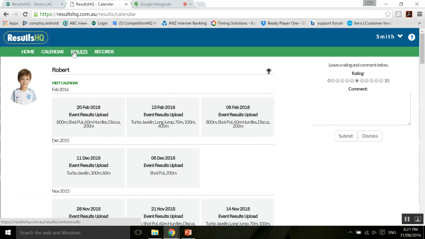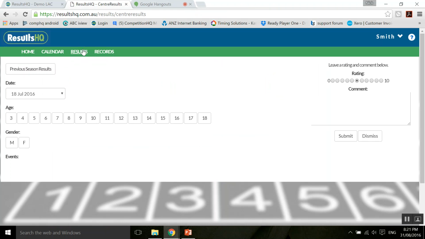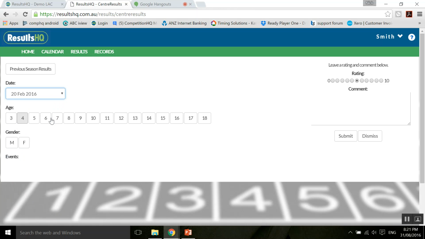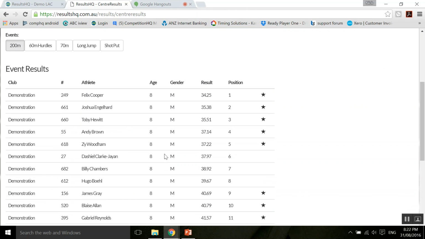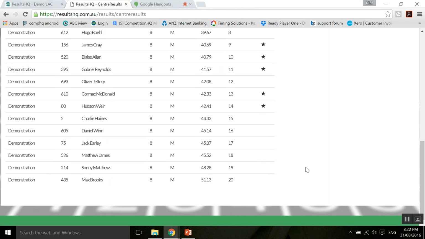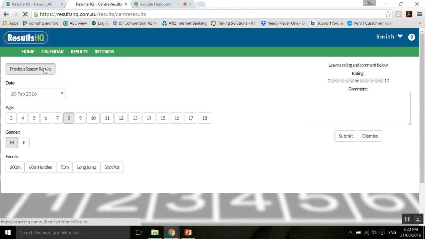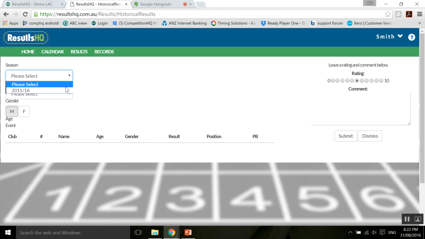The other cool parts, if I've got this option turned on, you have the option in your center administrator area to turn on this results extra component or not. Some centers don't like kids being able to look at other kids' results because of politics within the center and so on. But this is where they could go and start looking at other peers or friends or their favorite athlete that they kind of want to be like one day, whatever it is, and whether it's a PB and so on. It also allows them to go and look at last season's information